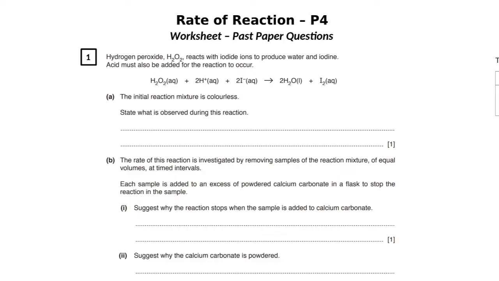So, hydrogen peroxide reacts with iodide ions to produce water and iodine. The initial mixture is colorless. Now, iodine is being formed. So, what is observed during this reaction? Obviously, the solution turns brown because iodine is being formed. After that, the rate of this reaction is investigated